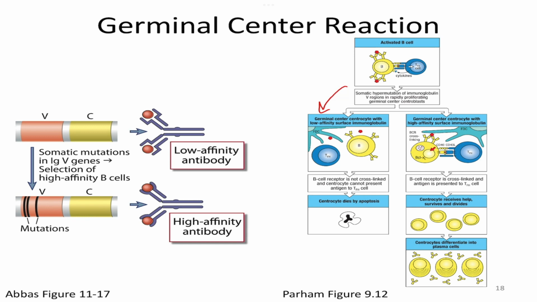So if that cell has destroyed its variable region, then it dies. And if that cell has good binding to antigen on the FDC, as well as binding and getting help from a follicular helper T cell, that cell is going to get a signal